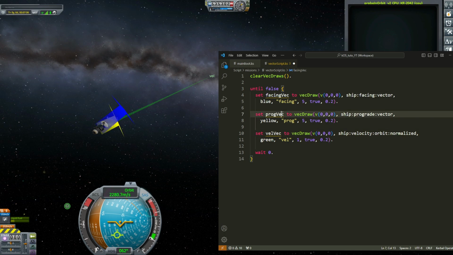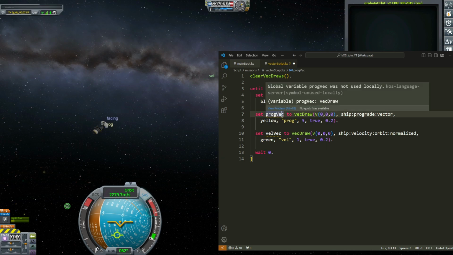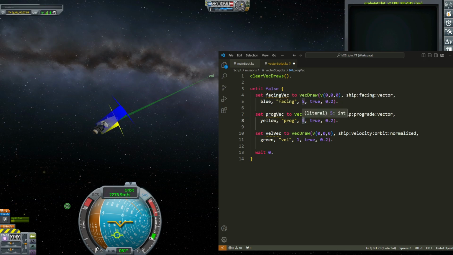The facing vector and the prograde vectors both have a length of 1 unit, multiplied by 5 because the scale is 5, but the unit is 1. If I normalize a vector, its magnitude will be equal to 1. Okay, so here I can put the scale at 5 and